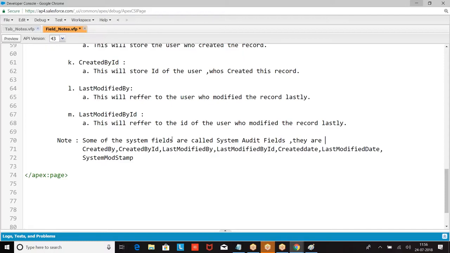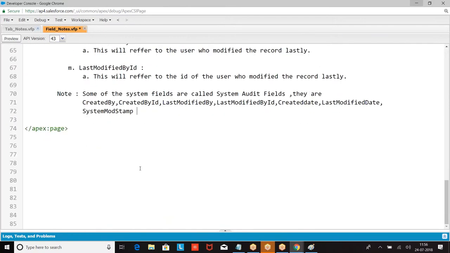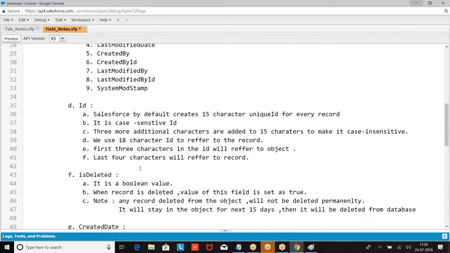Okay. Now let us go to the next one. Look at the next format. What are we going to take? We are going to take custom fields. What are the custom fields? Everyone is good with this concept, right? What are these custom fields, boss?